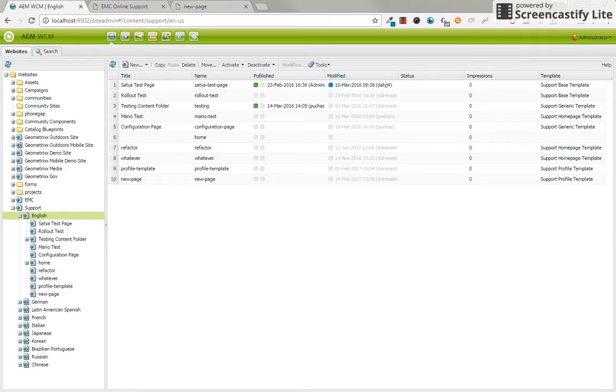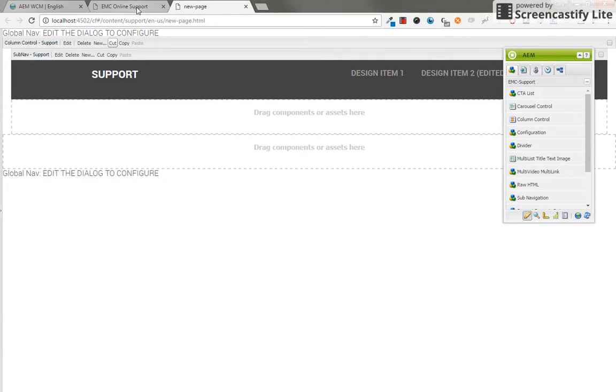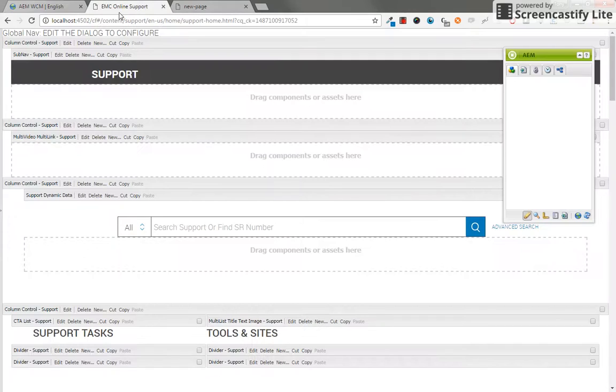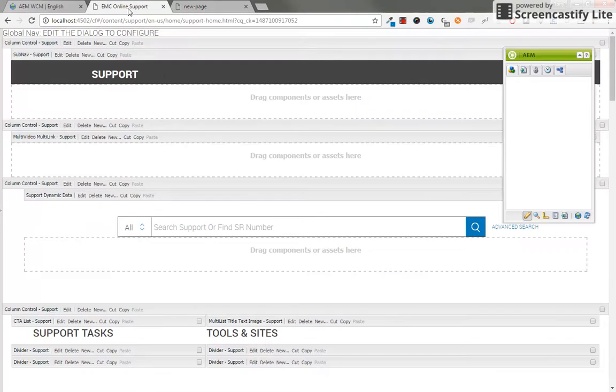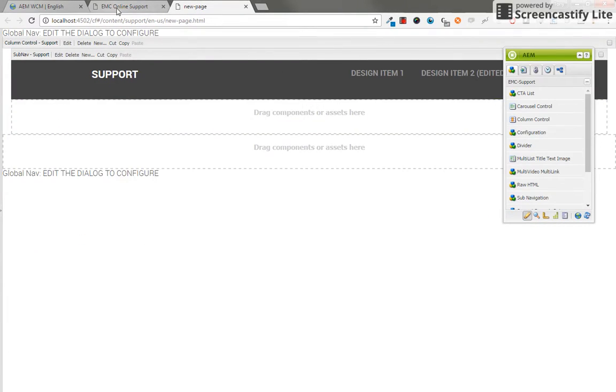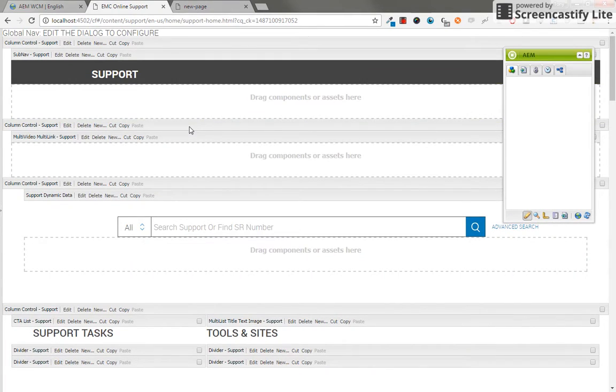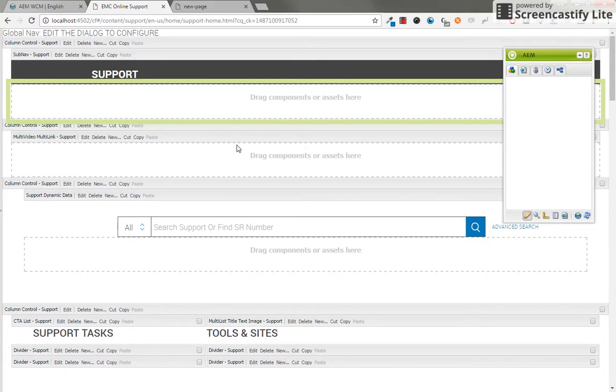Okay, so what's the difference between templates? Again, basically, a template can have a couple of different components and a couple of different things that it's going to be doing per se. So as you can see here, I already opened two pages. One of them is a homepage which has this template, support homepage template, and the other one is a brand new page, doesn't really have anything. This is not the best example because they do share a lot of things, but this one is already an